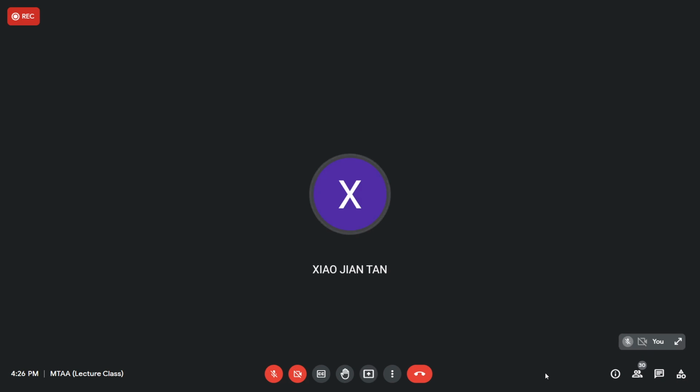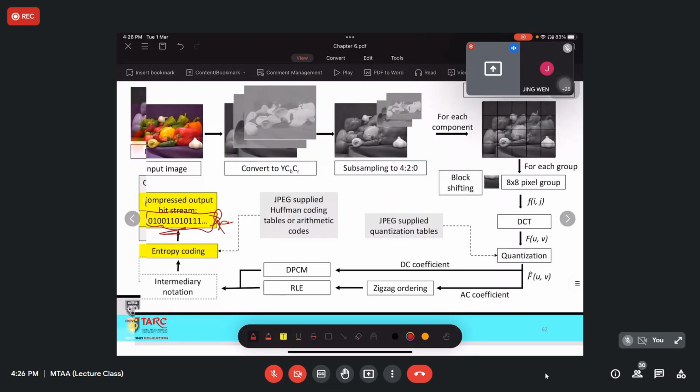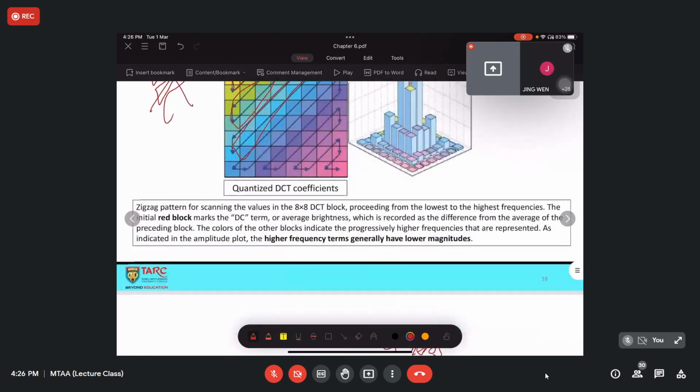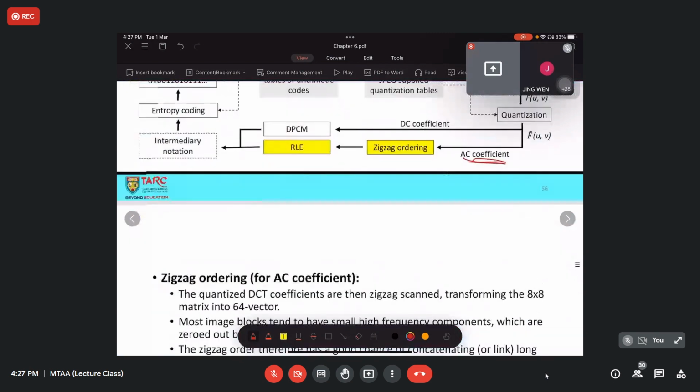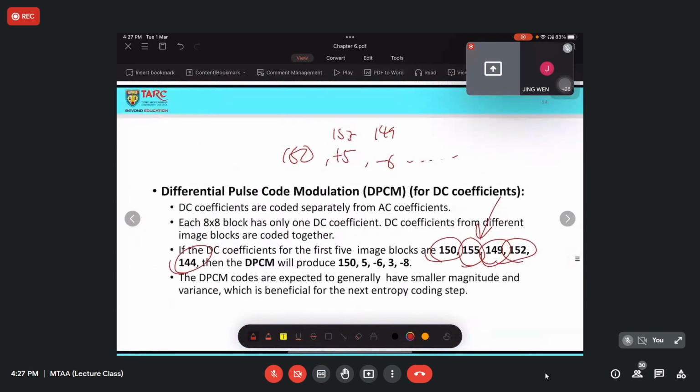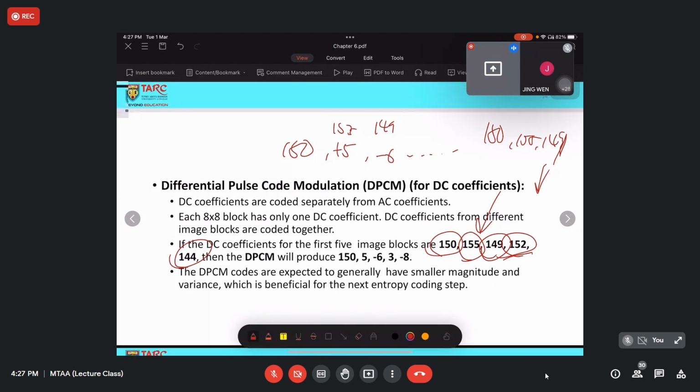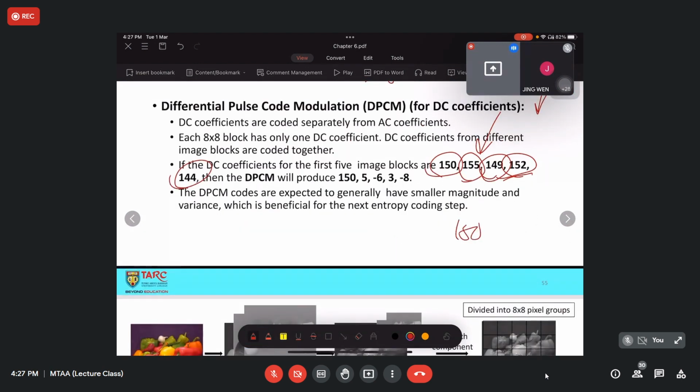This is a bit different. It's not storing the value 40 directly. For example, in the previous case, you have all sorts of values. For example, 150 is the start point, followed by 155, followed by 149, and so on and so forth. Since you have 150, which is the first value, you cannot really remove this value and represent it with something like -x, because once you remove this, the reference for the subsequent coefficients would be lost.